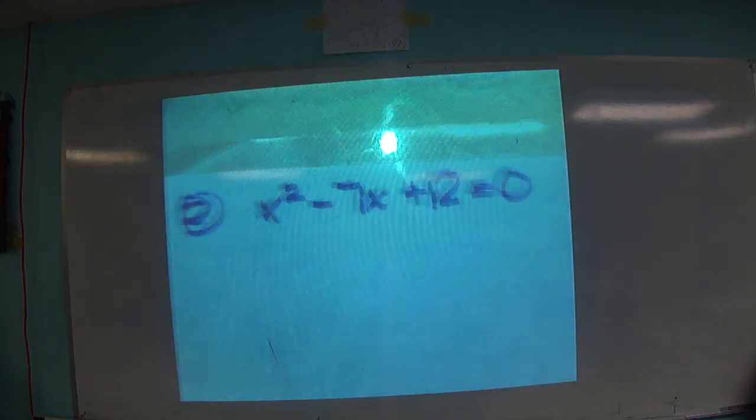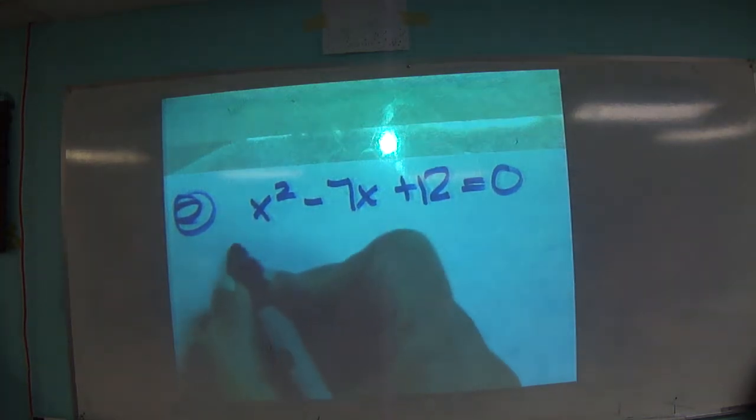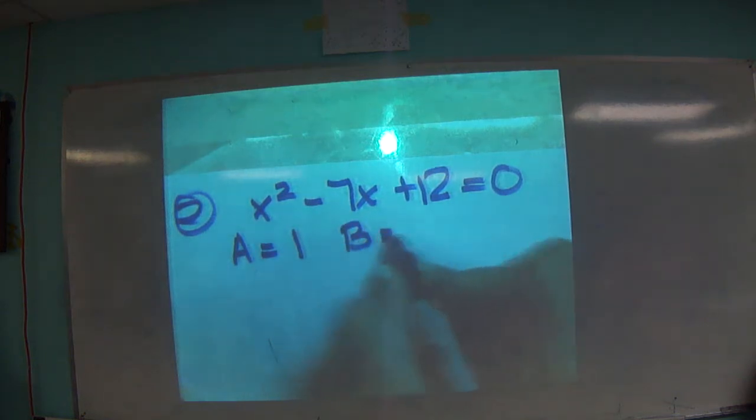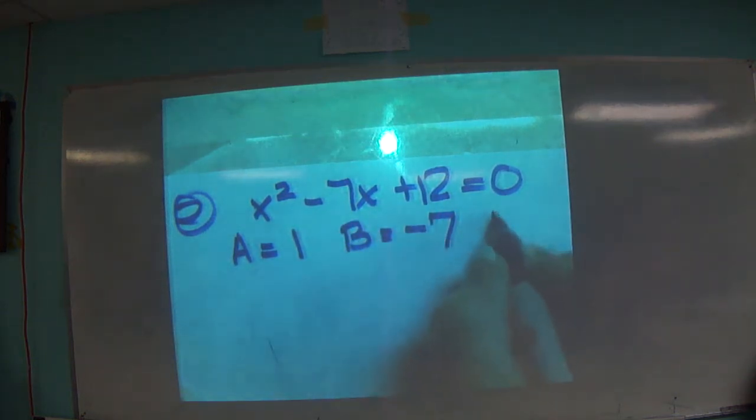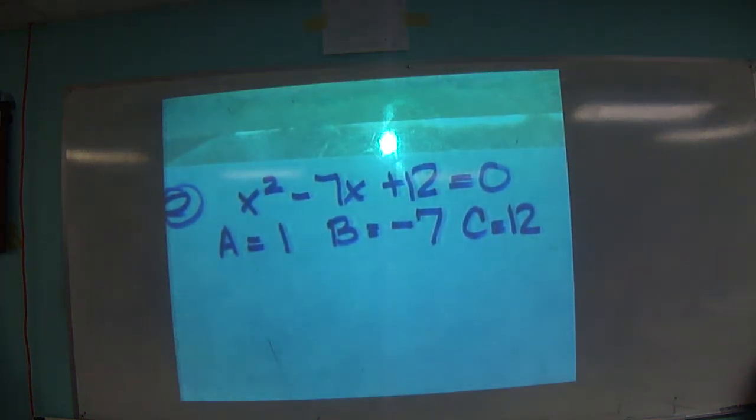It's important that you put quadratics in ax squared plus bx plus c form in order to solve a quadratic equation. So, a equals 1, b equals negative 7, c equals 12. Does everybody see where those numbers came from? Does everybody see where we got a equals 1, b equals negative 7, and c equals 12? Yes. We're good? Okay. The quadratic equation is as follows, and it's one of the few things in Algebra 1